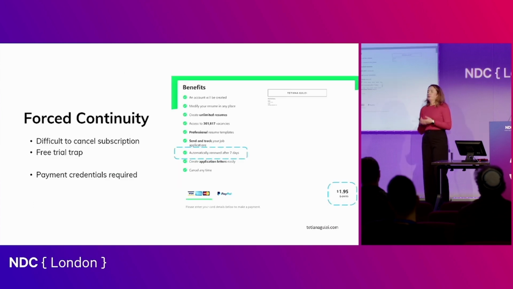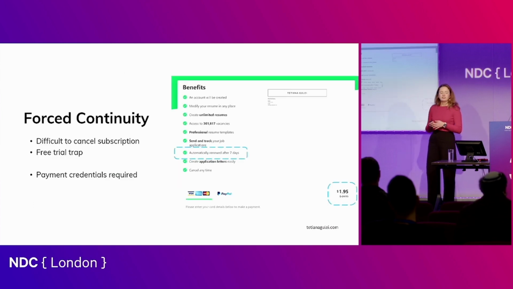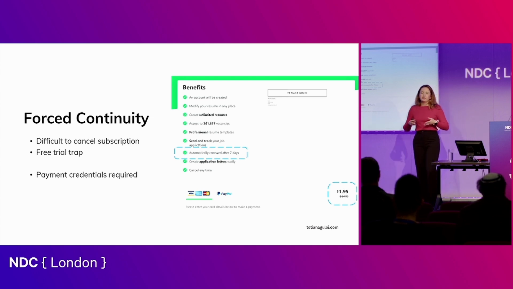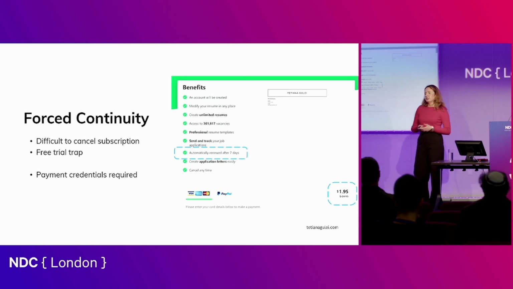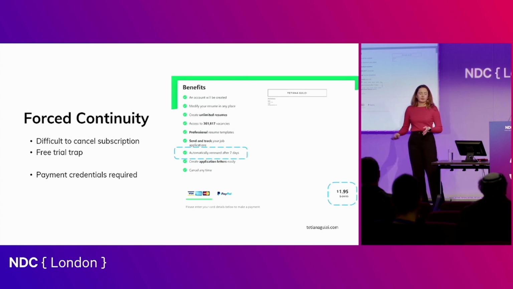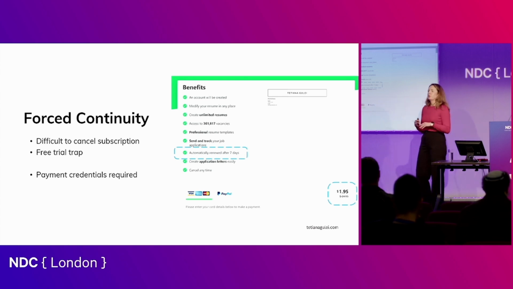Another example is forced continuity. And this is something when it's very easy to get into, but very hard to cancel. It's very common for free trials. We say, hey, it's free, but let us know your credit card details or your PayPal, and then you get charged afterwards. So for example, for me, I recently wanted to redo my resume,